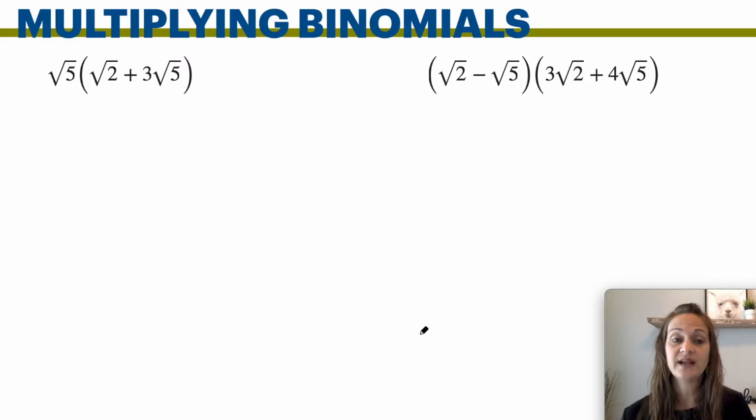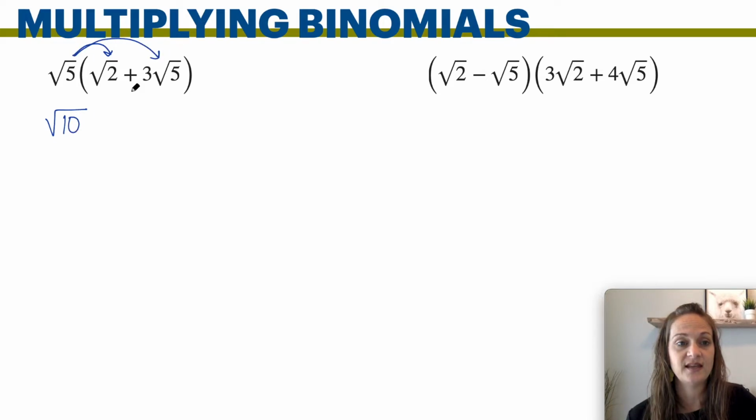Now, multiplying, you can combine numbers that are inside of the square root. As long as they're both cube root or they're both square root, you can combine to multiply them. So when you distribute, square root of 5 times square root of 2 is the square root of 10. And then whenever you distribute again,